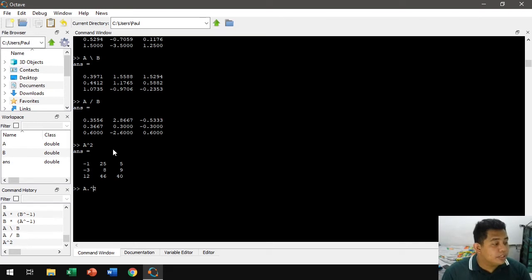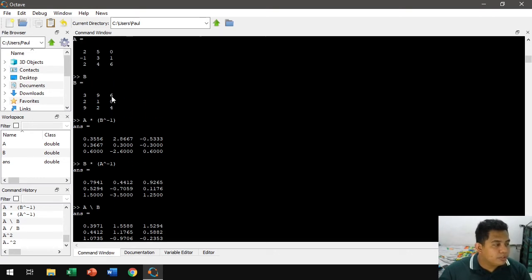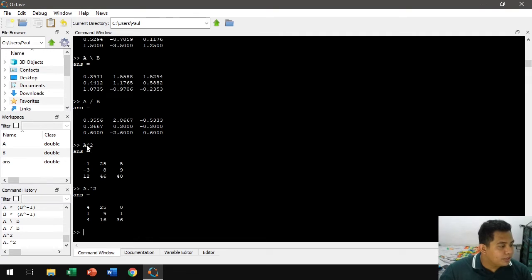You just precede it with the dot. So it's element-wise, it will just square each element. The first one, the one without the dot, is actual matrix multiplication.